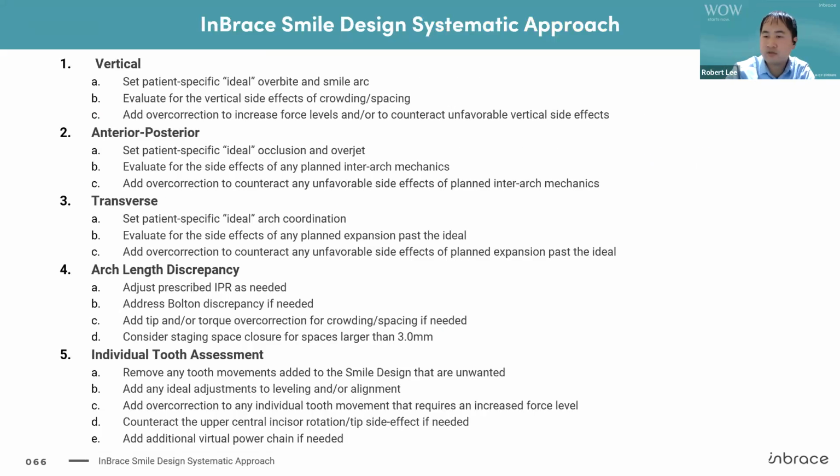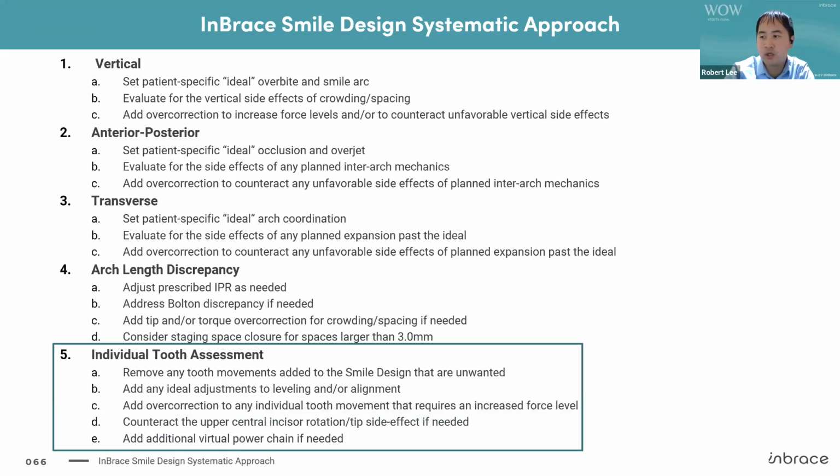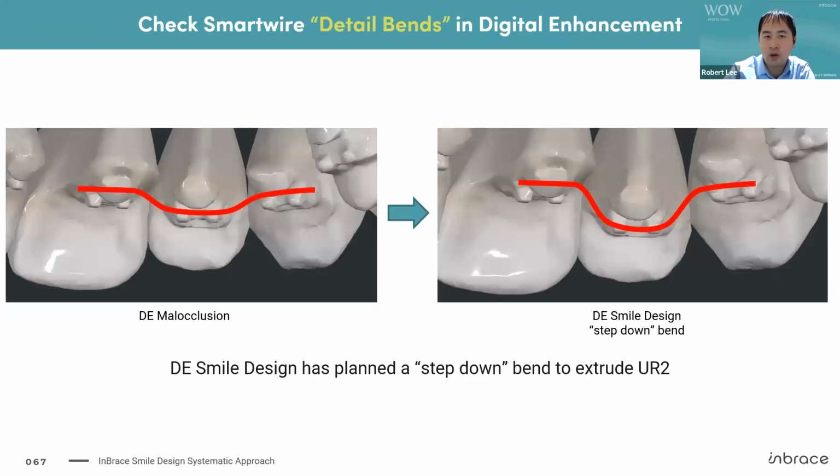So we're going to go over this 5-step approach next week. Usually when you're at your final detailing stage in DE, you can kind of just skip forward and you can probably just do the last step, where you're just kind of looking at your detail bends of the small wire. So I always look at it from the lingual view when I'm doing my DE final detailing. And I just make sure that the bracket position change between malocclusion and small design is essentially how I would